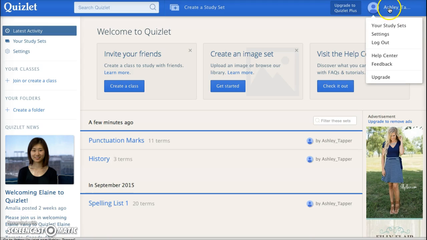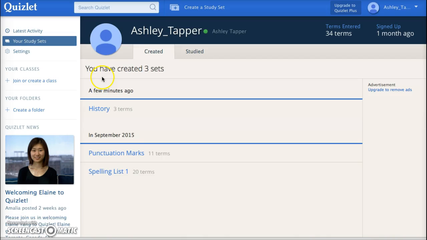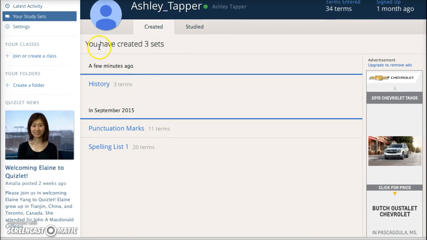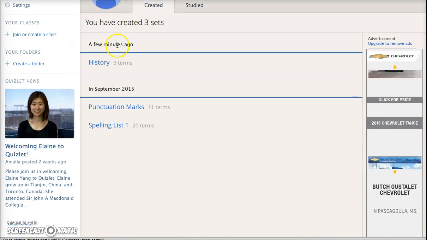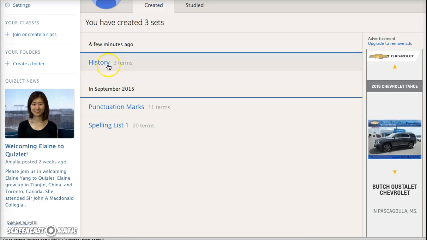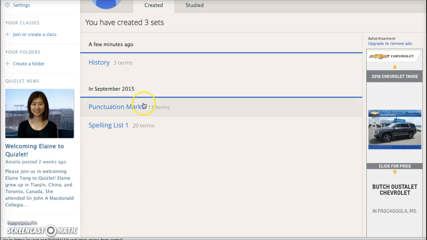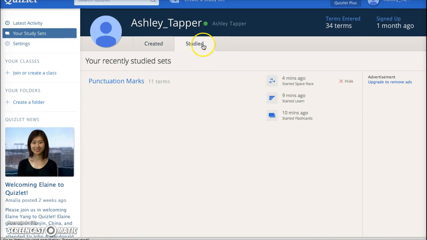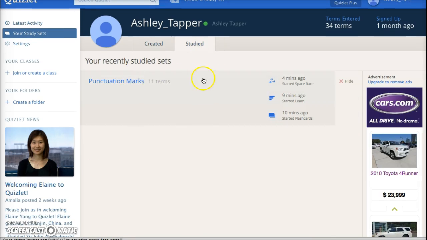You can click on the right hand side and it gives you your icon and shows your name up here. You can click on your study sets. It tells you I've created 3 sets. It tells me all the sets I've created, the history, the punctuation marks, the spelling list. You can click on the ones that you've studied,